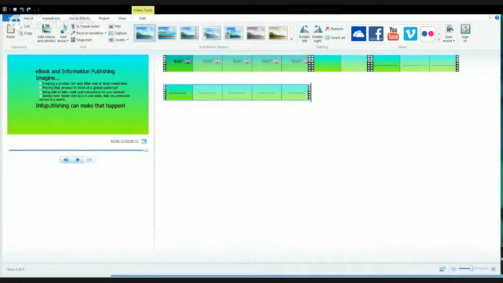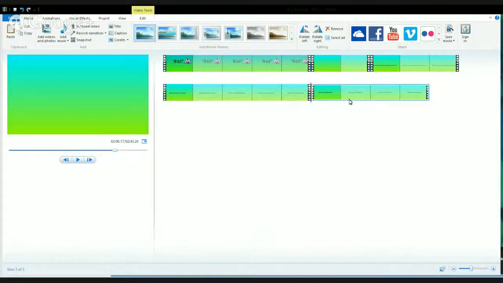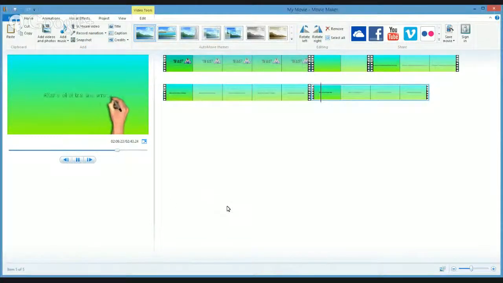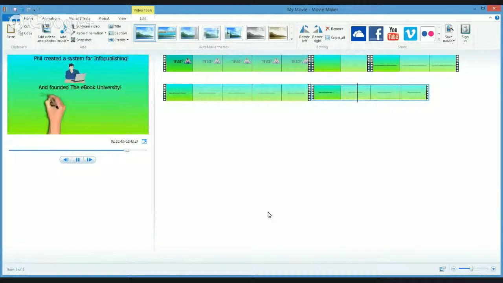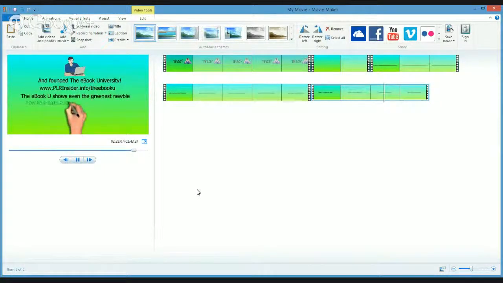So then we have the ebook U section. We add to this, and after a lot of trial and error, Bill created a system for info publishing. And founded the eBook University. And then there's the link. The ebook U shows even the greenest newbie how to create ebooks and sell them online. Take the trial today. So there's a call to action there,